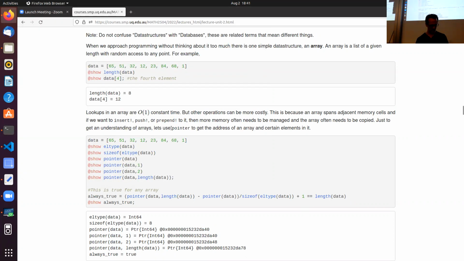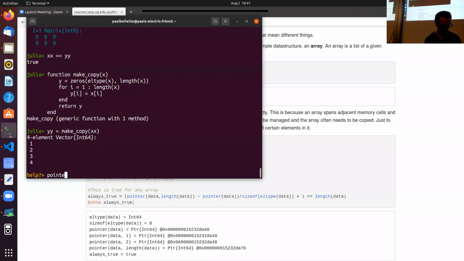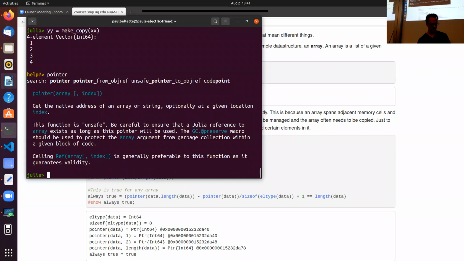Now, this might lose some of you, but Julia gives you lots of information about the low-level stuff that's going on, whether it should or not. It's pretty weird to have to use a pointer in Julia. Like, this is not normal. This is just so you can see what's going on underneath. So we've lost all this abstraction. It's not just a programming language with all dynamic types. We're going to go to the memory address of that bit of data and give it back to me